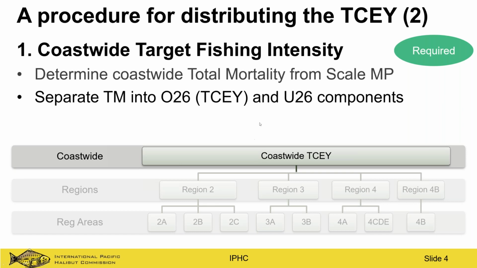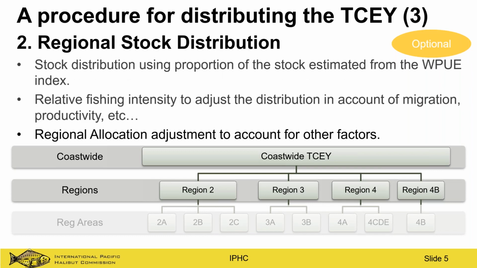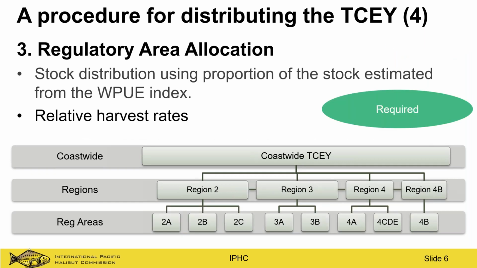One of those components is called the TCY, which is all mortality except for the U26 bycatch or non-directed fishery mortality. That coast-wide TCY, we could potentially first distribute to biological regions using various factors like estimated stock distribution, relative fishing intensities, etc. But that's an optional step, and it's not actually what occurs in the current interim management procedure operated by the IPHC. Instead, we go directly from the coast-wide TCY to regulatory areas